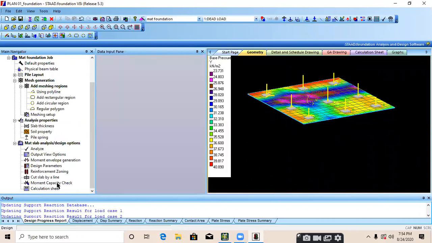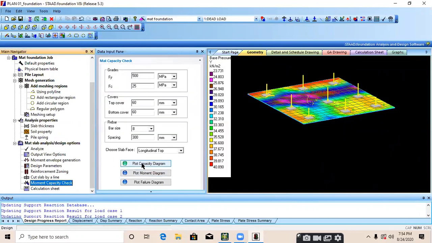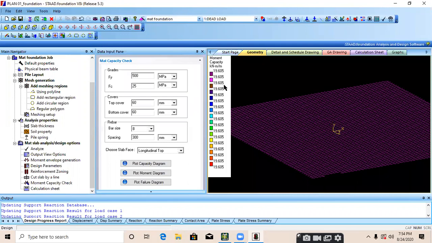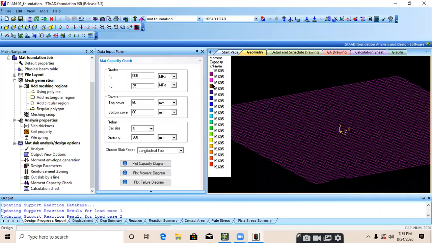Go to the moment capacity check. Click on that. Click on plot capacity diagram. It's a capacity diagram. You can check the capacity according to color. It's a purple color. Its moment capacity is 19 kilonewton meter per meter.